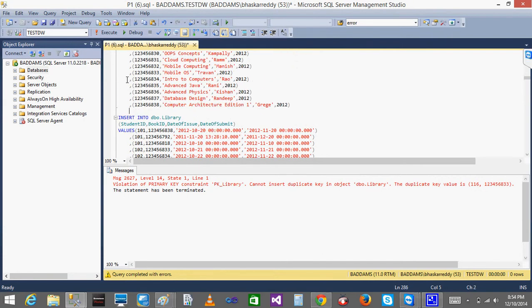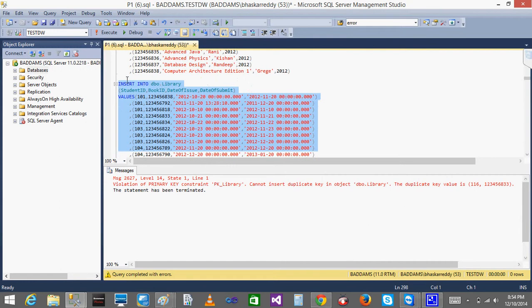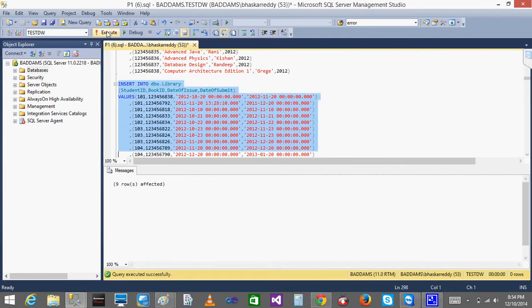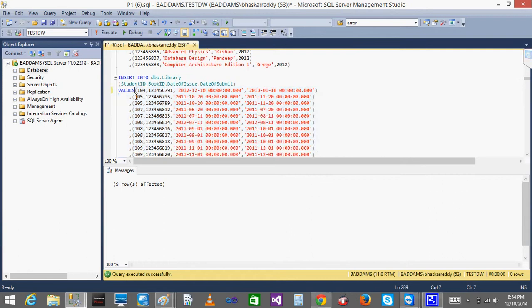So I can do it this way: insert into, going a few records at a time. Nine records were inserted. Up to here the records were inserted. I'll not save this. From here, again I'll insert the records.